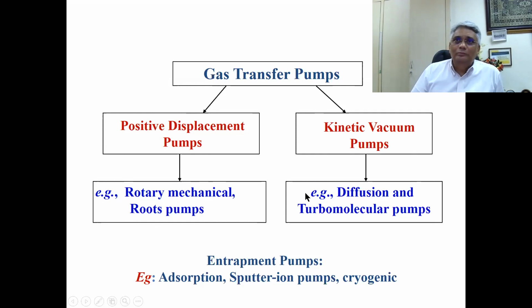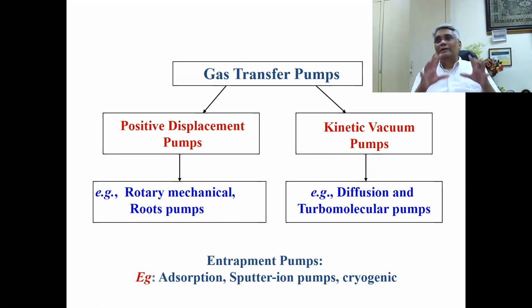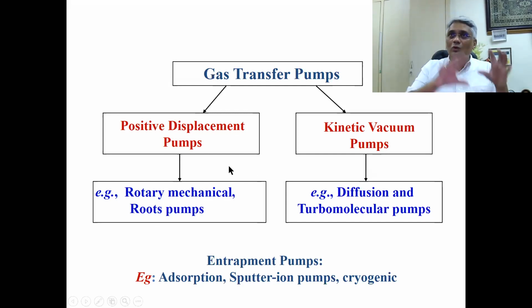The kinetic vacuum pumps are actually responsible for creating high vacuum. So the displacement pumps create the fore vacuum, the base vacuum, to the level of 10 raised to minus 2 to 10 raised to minus 3 to 10 raised to minus 4 torr. That's all. If you want to go beyond that, you have to go for these pumps. Diffusion pumps, turbomolecular pumps, cryo pumps, all these pumps are basically